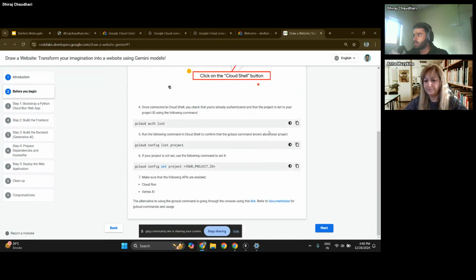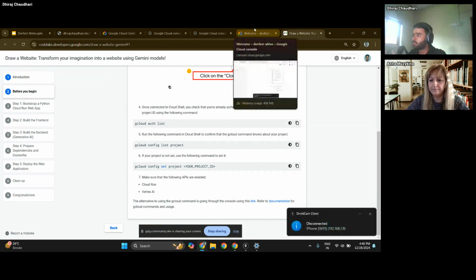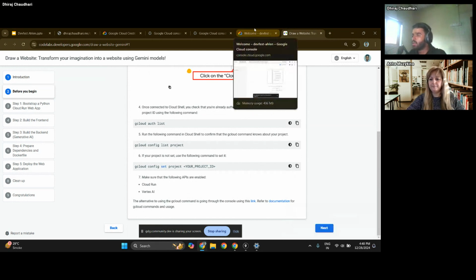Second thing, we'll be using two APIs: Cloud Run, and second, Vertex AI. Cloud Run is a service that we will use for deploying our service to the cloud. And this Vertex AI we'll be using to convert our wireframe to the